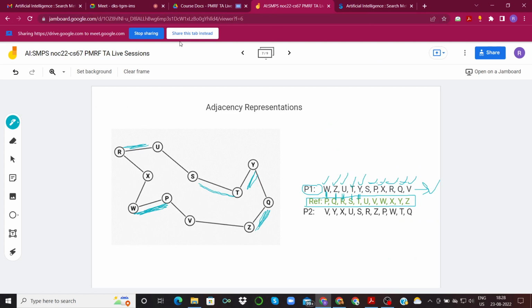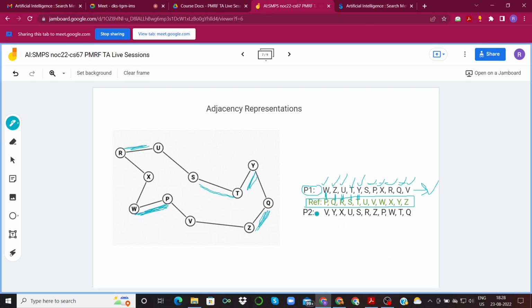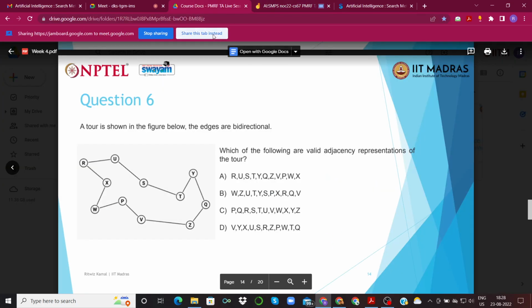Similarly, this example, the last, the fourth option, is also, if you have a look at it, a valid adjacency representation. Let's quickly have a look at one of the wrong answers so that it's clear to you.